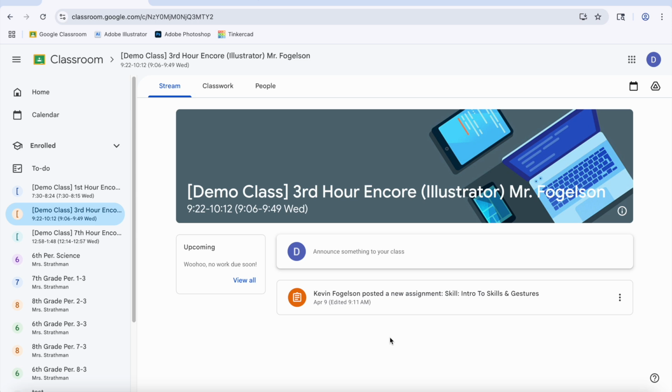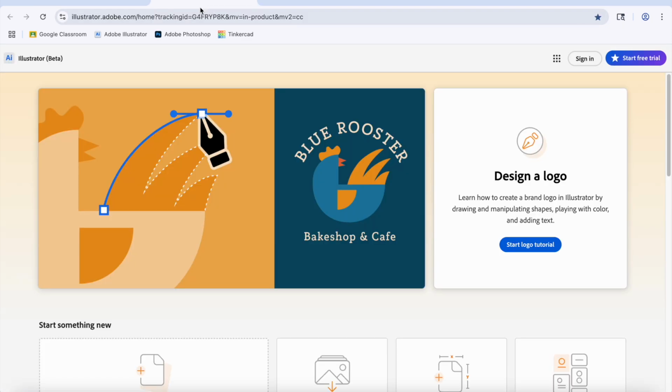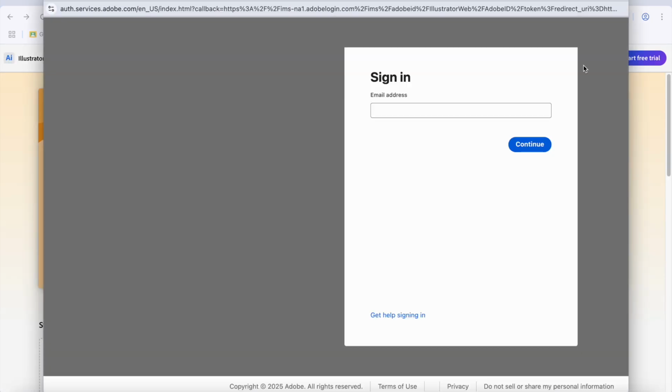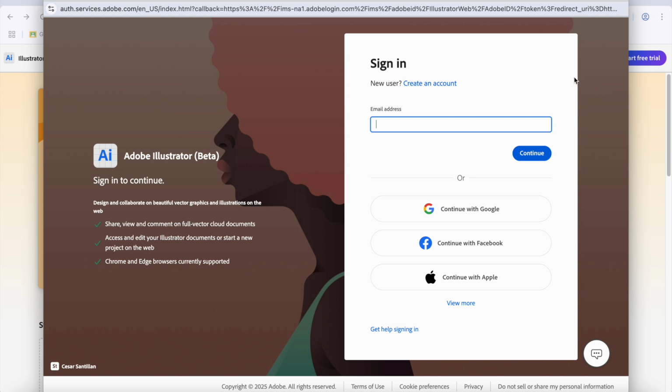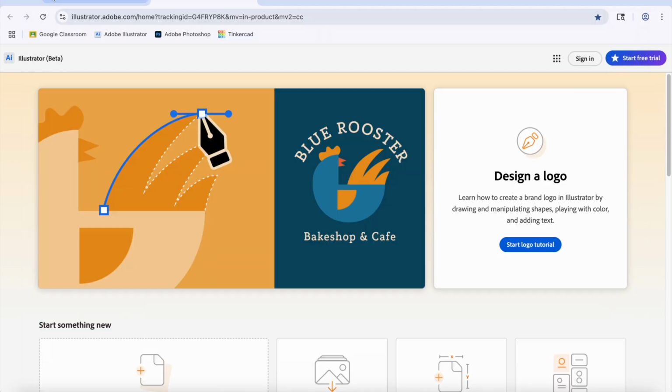It's a skill. This first lesson is Intro to Skills and Gestures, as posted in my Google Classroom as an assignment. So we're going to head right into Adobe Illustrator. I'm going to sign in. Now it's really important when you're first getting into Adobe Illustrator that you are able to get in, so that